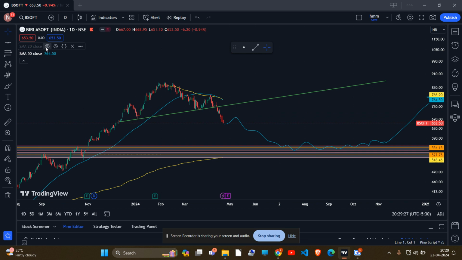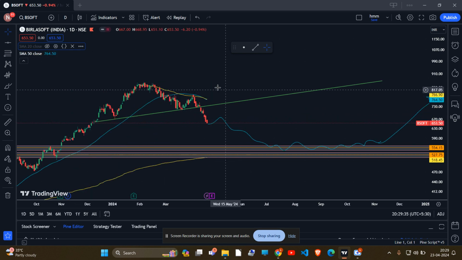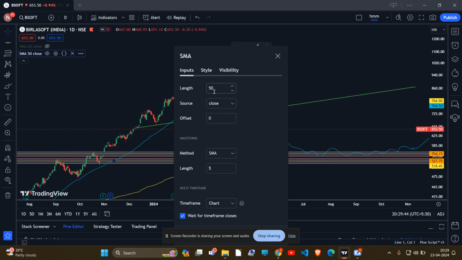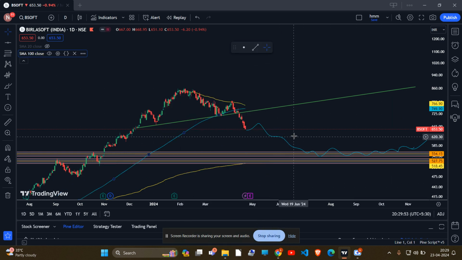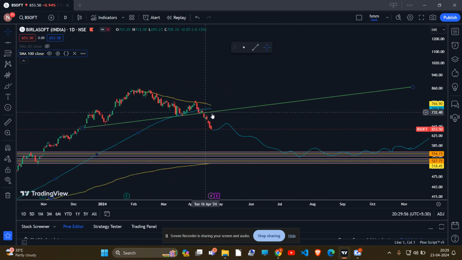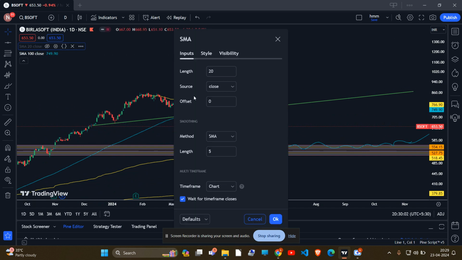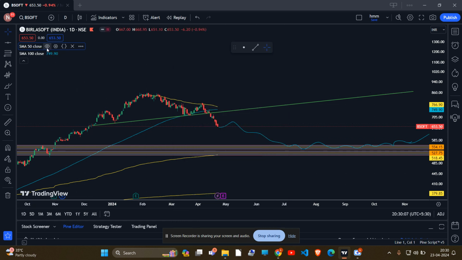We can also check where the 100-day and 200-day simple moving averages are. Even the slant of the 50-day simple moving average turned out to be bearish now. You can see the angle of the 50-day simple moving average. It is downwards right now, and it is considered to be very bearish when it is downwards. So it also got rejected from the 100-day simple moving average. It did try to take support from there, and when a stock gets rejected from both the simple moving averages like this,